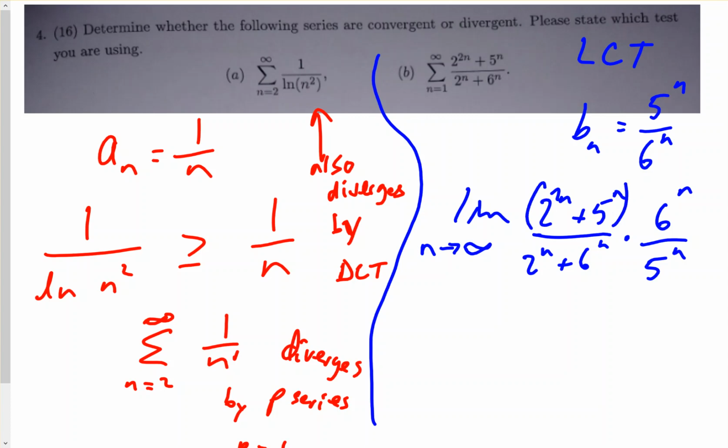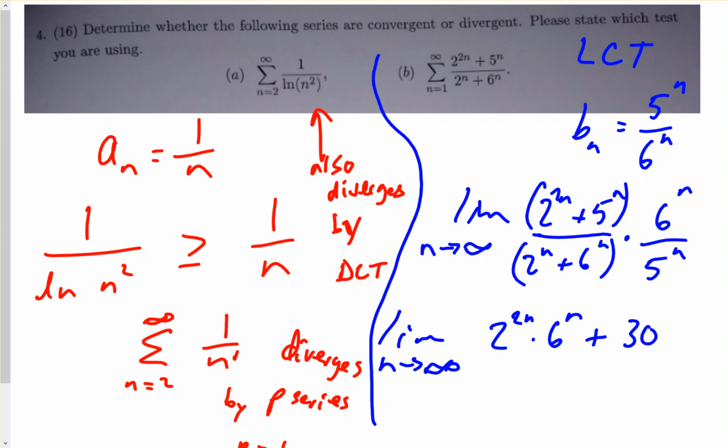Okay, so we'll distribute the top, distribute the bottom. If we distribute the top, we have 2 to the 2n times 6 to the n plus 5 to the n times 6 to the n would be 30 to the n. Distribute the bottom, we would have 10 to the n plus 30 to the n. Okay, now if we divide everything by 30 to the n,